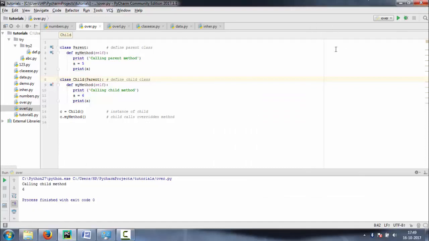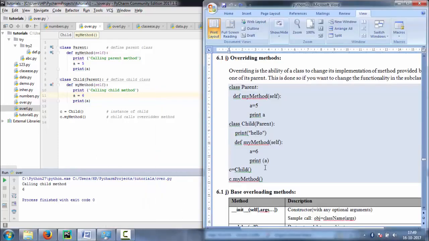Now we can see that in the parent class we give the value of a equal to 5, but in the child section we redefine it by 6. So in this section we can see the value of a is equal to 6, that is redefined by the child class. And the next topic is